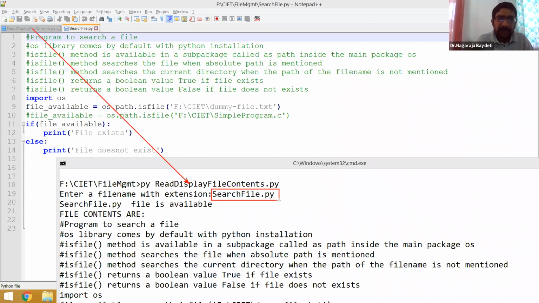It is definitely available in my current directory. So what it is doing? See here. This is search file.py and these are the contents. Exactly the same contents are mentioned here. So by executing one Python program, I am able to open another file and display the contents.